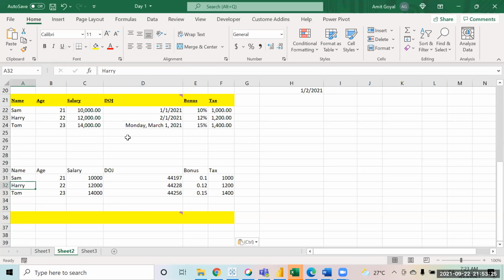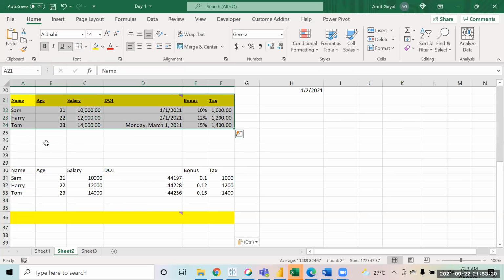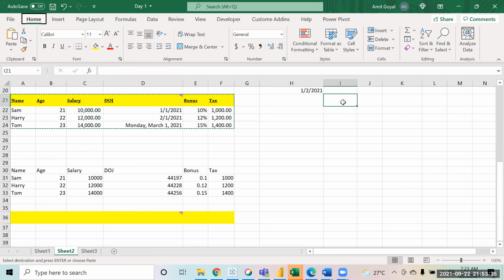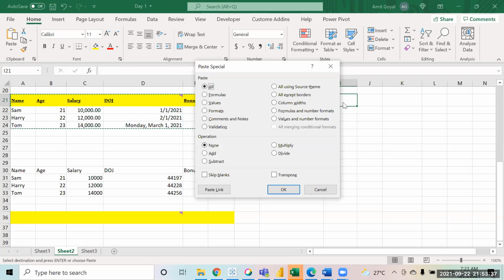Now the shortcut for this is, when you select this data, press Control C, select that cell, and simply press Alt E S. When you press Alt E S, whatever letter you see underlined is a shortcut.